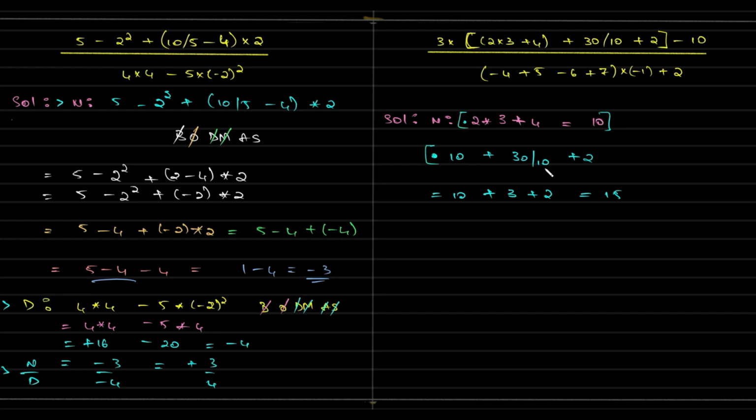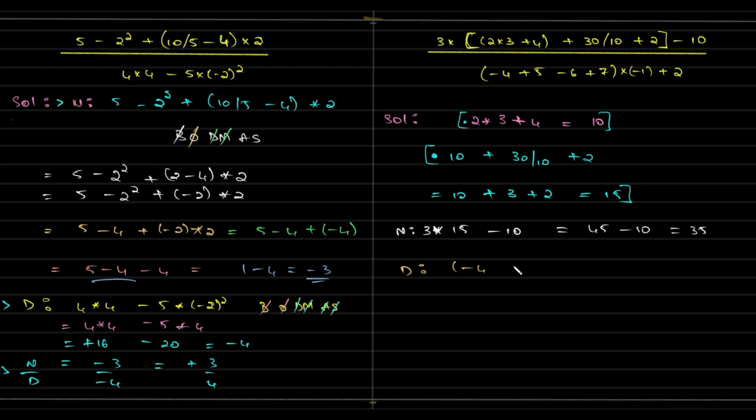This is separate, this is separate, and this is your square bracket. And now the numerator part, exactly 3 into, right, now the numerator part comes: 3 into, this entire answer is 15 minus 10. Now we are almost done. So within this we have simple 45 minus 10, and that is 35, while the denominator